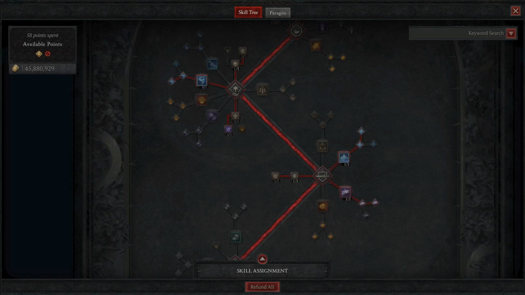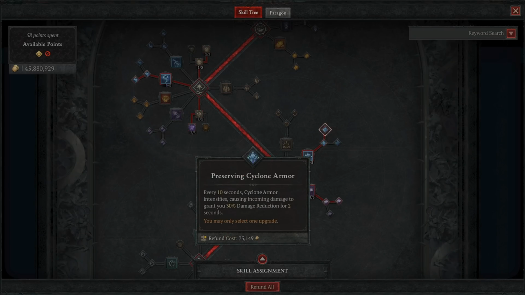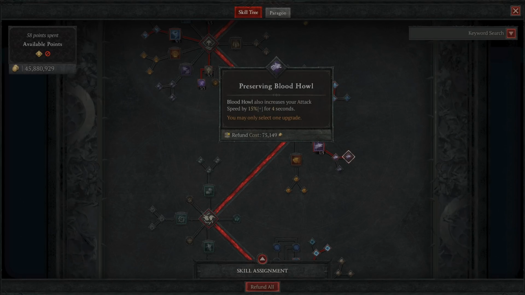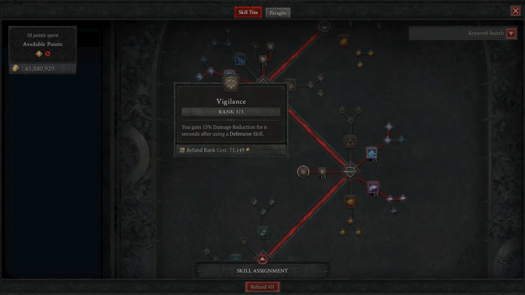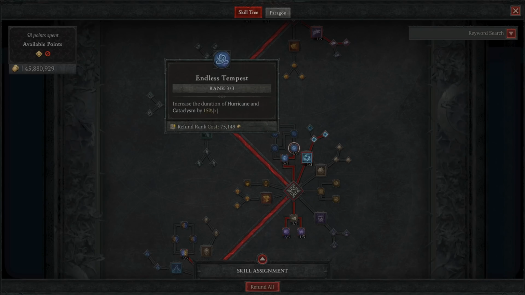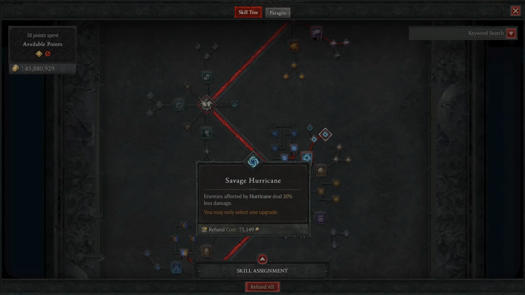Going down to the defensives: Cyclone Armor, into Enhanced Cyclone Armor, into Preserving Cyclone Armor, Blood Howl, Enhanced Blood Howl, and then Preserving Blood Howl. 1 point into Ancestral Fortitude so we can get over to the Vigilance passive for that damage reduction. We're getting 3 points into Elemental Exposure for extra vulnerable chance. 3 points into Endless Tempest to increase the duration of Hurricane. 1 point to Hurricane, Enhanced Hurricane for the slow, and then Savage Hurricane for the DR against enemies that are